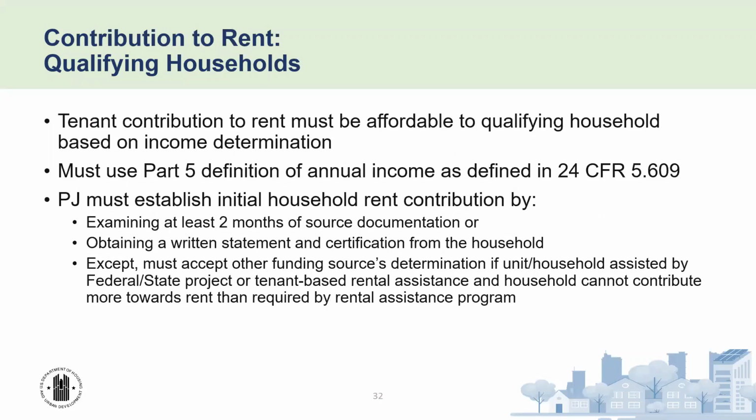A qualifying household's contribution to rent must be affordable to the household based on an income determination conducted by the PJ using the Part 5 definition of annual income and an examination of either 2 months of source documentation or by obtaining a written statement of the household's annual income and household size, along with a certification that the information is complete and accurate. However, if the household will receive project or tenant-based rental assistance, the income determination is conducted in accordance with the requirements of the applicable project